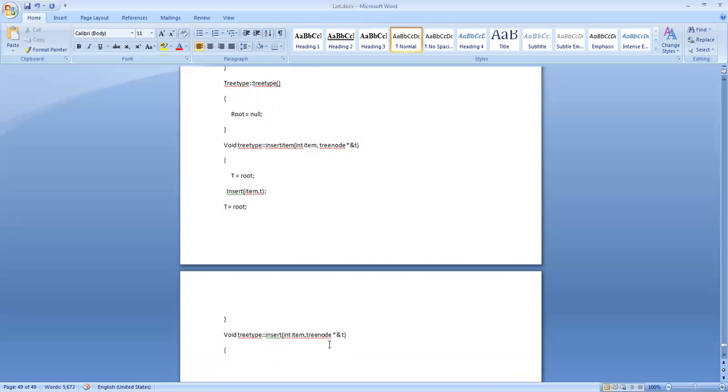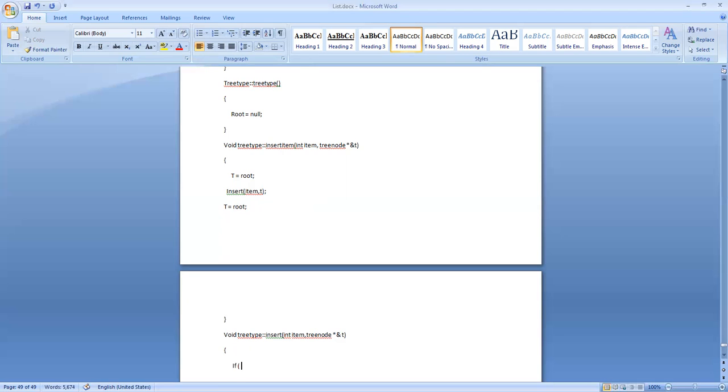Insert this item in the tree pointed to by this t. There are chances that I may try to insert into an empty tree, or I may try to insert this item as a left child or a right child depending on the value given to this item. So how do you know I am trying to insert into an empty tree? If t is equal to null.